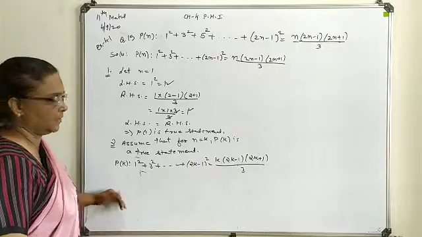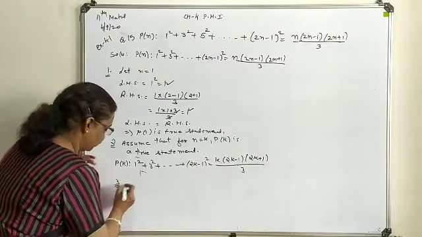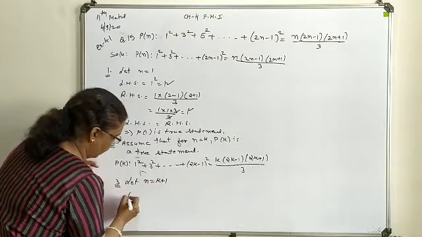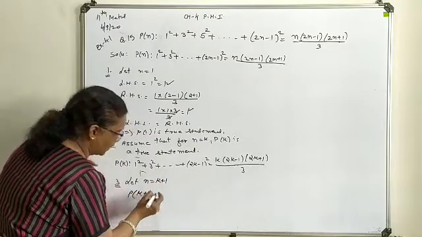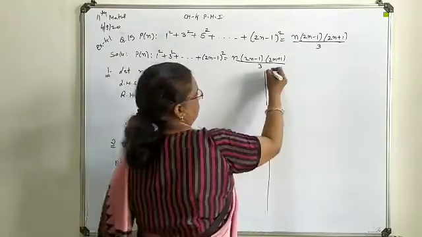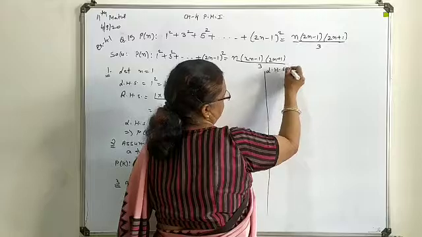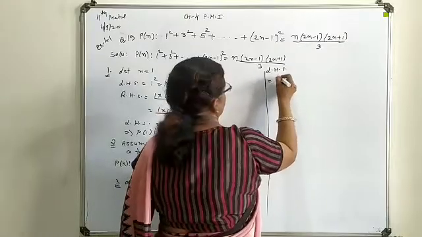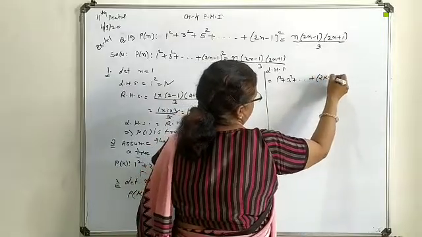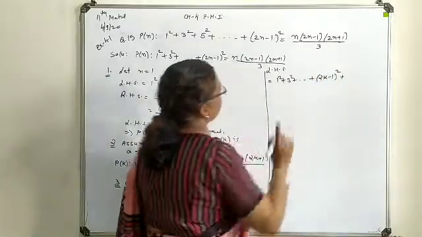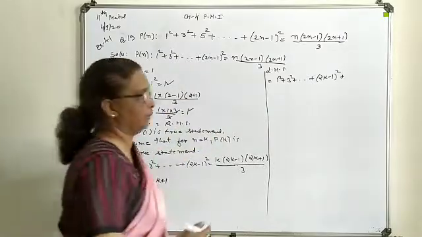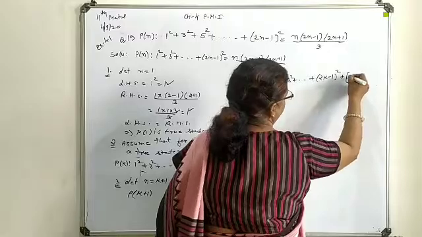Now the last and the main step, let n is equal to k plus 1. So here Pk plus 1 we will discuss for the left hand side. Obviously the last term will be produced, in place of n we will write k plus 1. So make a big bracket over here.